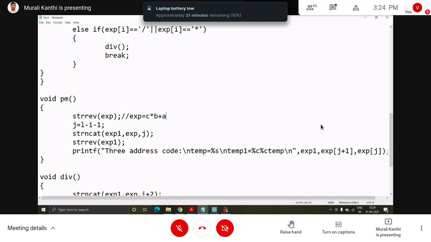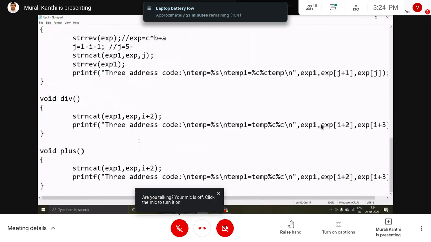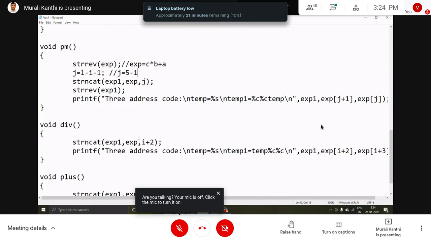After reversing. Next, another variable j equals L, the length 5, minus i. Previously the i value was 1, so 5 minus 2, what is the result? 3, so j equals 3.